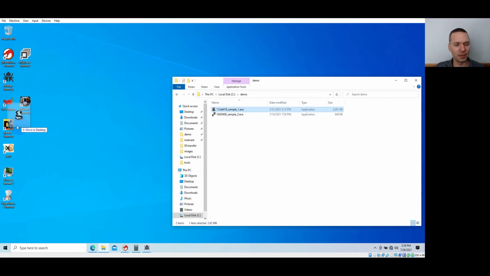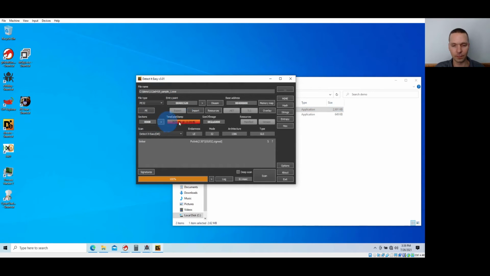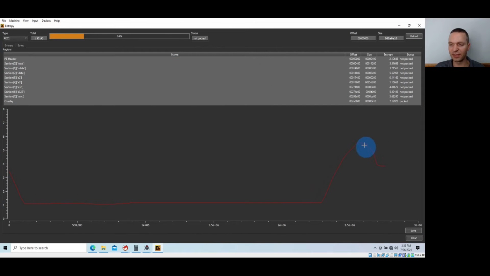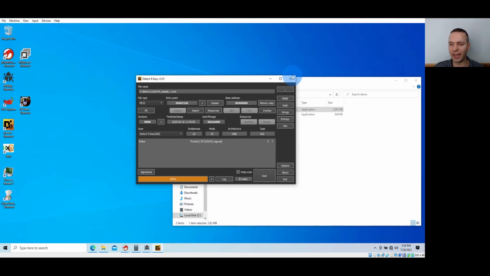So we can open this up in Detect It Easy, and I just go look at the entropy. You can see here this one section, the last section, has an entropy above 7, and so Detect It Easy thinks it's packed, and it turns out it is packed. That's not a guarantee, but that's a good indication that you probably are packed. So now that you suspect it's packed,